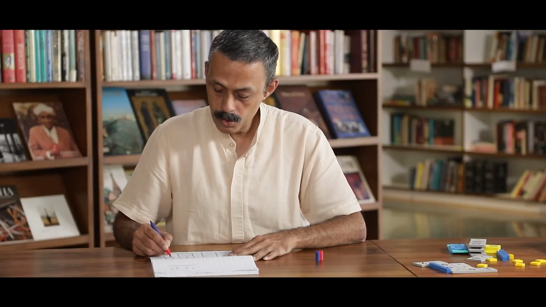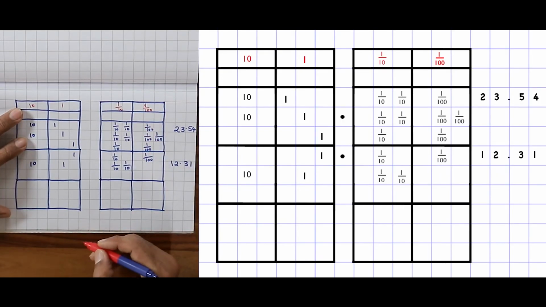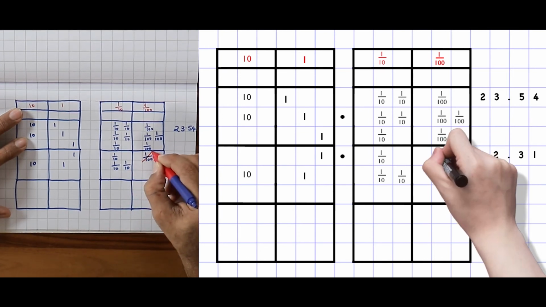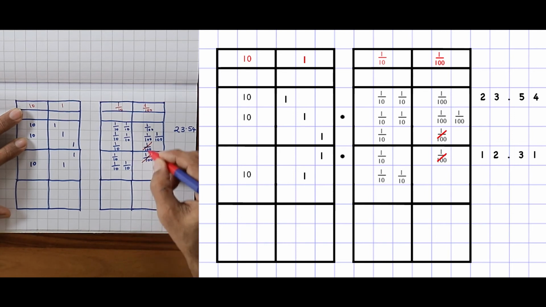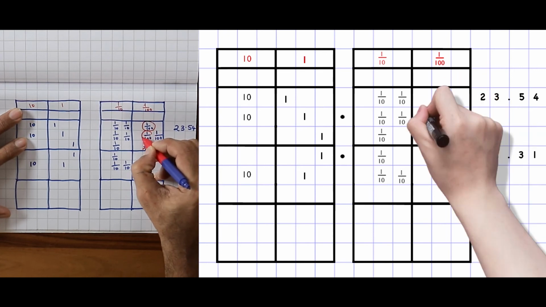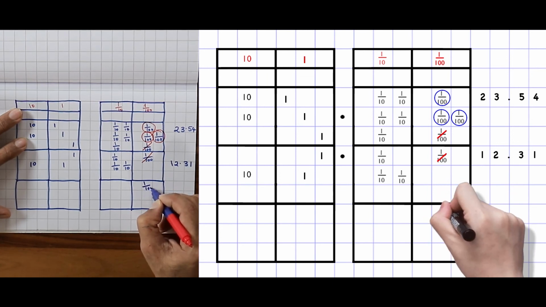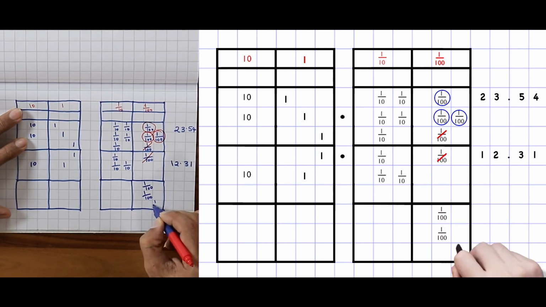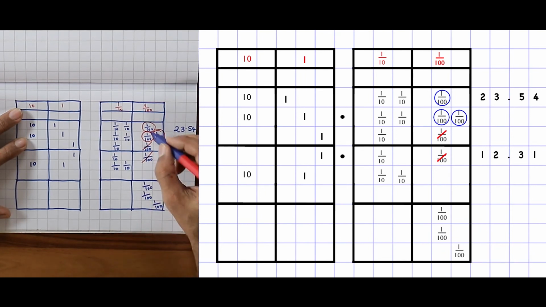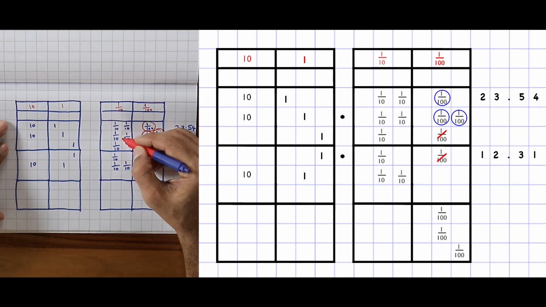Let us look at 1/100. There is 1 here and 1, 2, 3, 4 here. 1 has to be removed. So, how many are left? Let us count that. 1, 2, 3, 1/100s. I shall write that here. I have written it here. How many 1/10s are to be removed? 3 from how much? From 5.